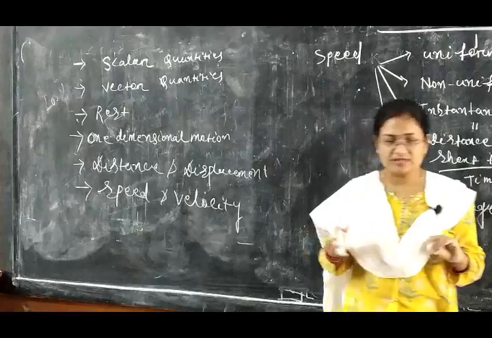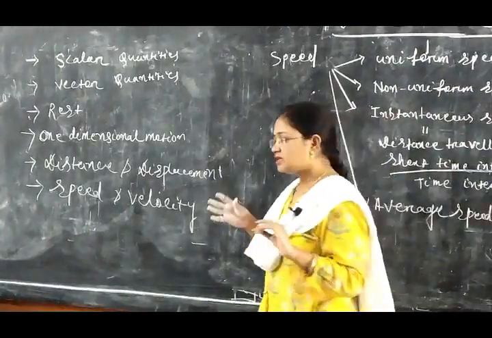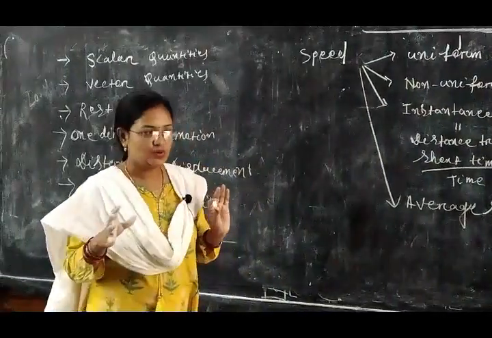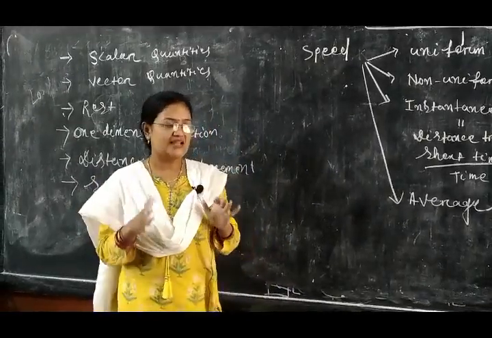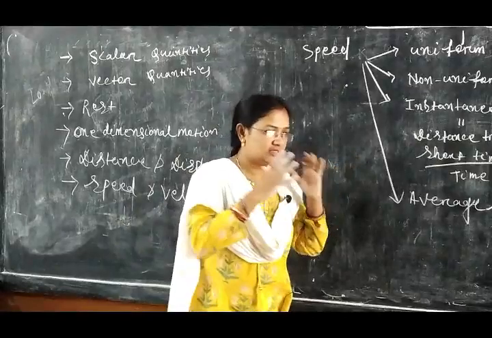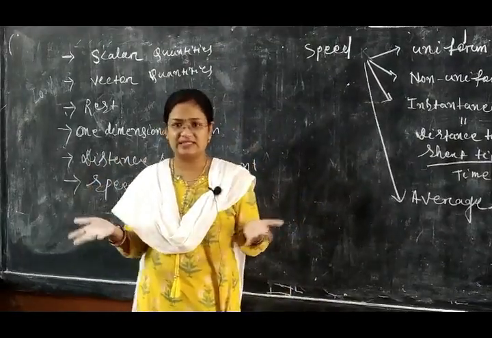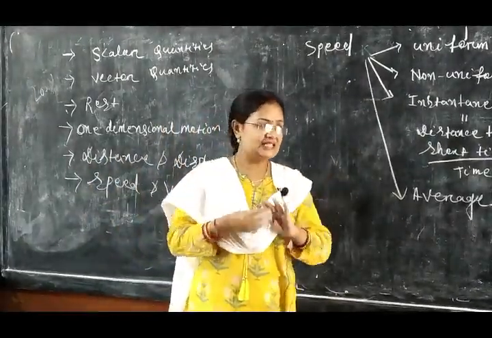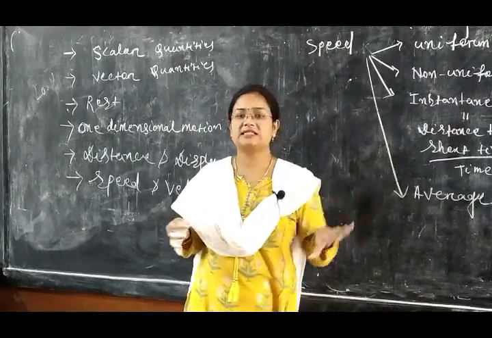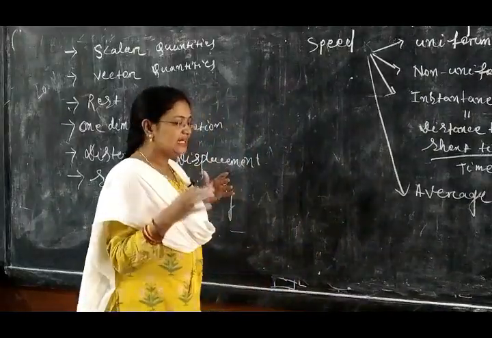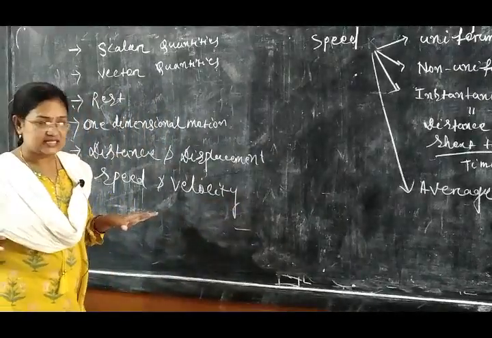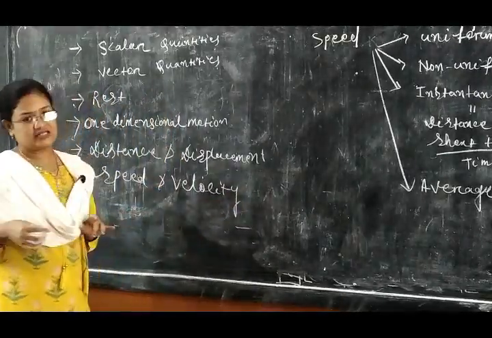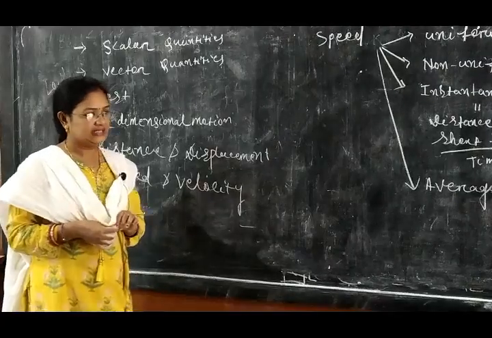Why am I saying that force is a vector quantity? Suppose the force unit is Newton. Okay, 5 Newton force. 5 Newton force in which direction? 5 Newton force in north direction or south or east and west. Then only we can say that in this particular direction this much force is there. So for force we need magnitude and direction. So force, acceleration, velocity, these are vector quantities. So many vector quantities are there.